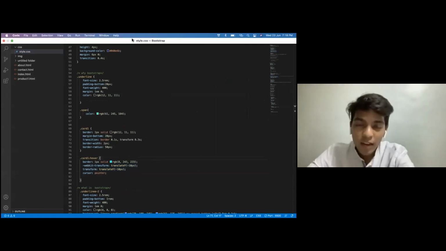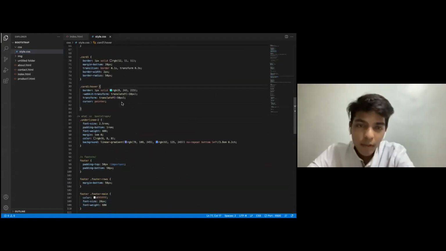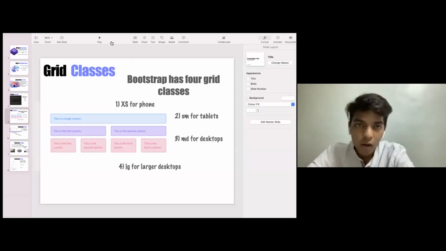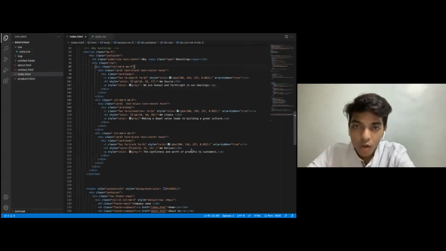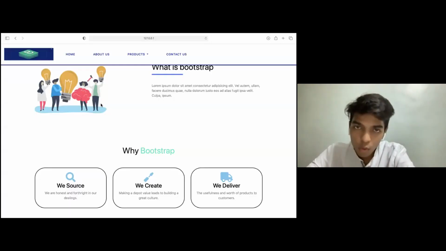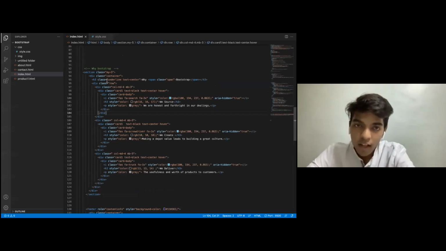I won't be getting deep into the styling because that is something that you do by yourself, the way you want to do. So we'll be covering a different chunk now. I guess that card part is also clear to you, but let me go through it one more time. First there would be a container, then there would be a class that we give a title, then there would be a row, then within the row there would be a column of whatever size you want to give.